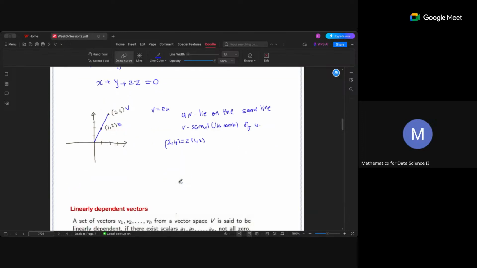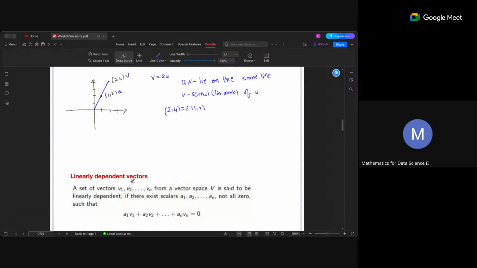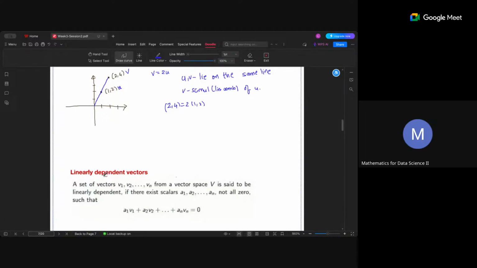Now let us look at this definition, then we will come back to this point. What are linearly dependent vectors? A set of vectors from a vector space is said to be linearly dependent. This is a very abstract definition, so just look at it; once you understand the intuition, you will have a clear understanding. If there exist scalars a1, a2, ..., an, not all zero, meaning at least one of them should be non-zero,